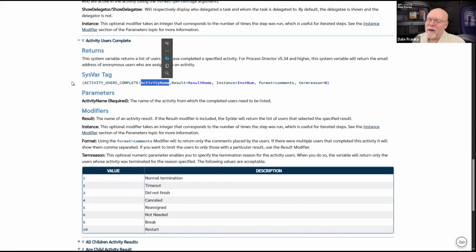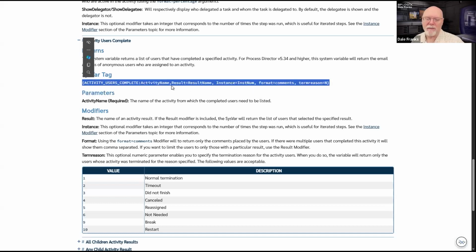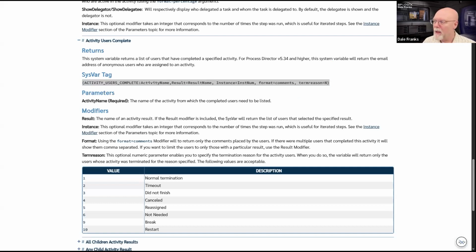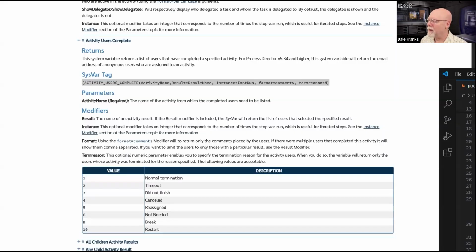So what I need, I'm just going to go ahead and copy this so I can paste it into a system variable control. But I think also what I want to do is paste it over here so that we can do a new text file here, paste it.